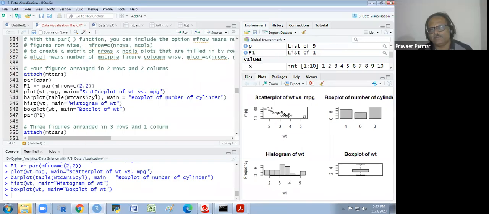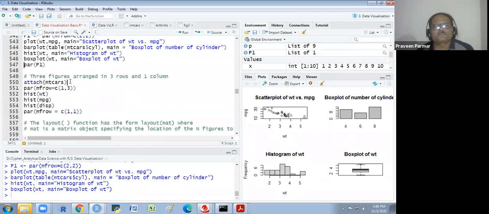I again explain you, it's very easy. We have to write in the par function mfrow equal to whatever you want. 2 by 2 means 2 rows and 2 columns. If 2 by 3, then 2 rows and 3 columns. 3 plots you could make in one row.